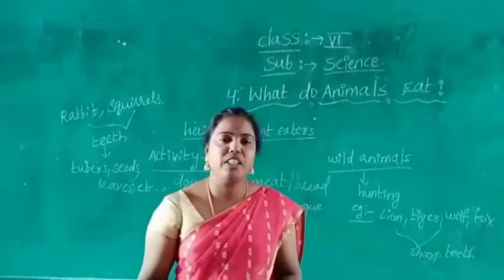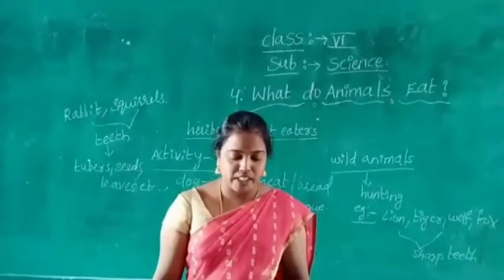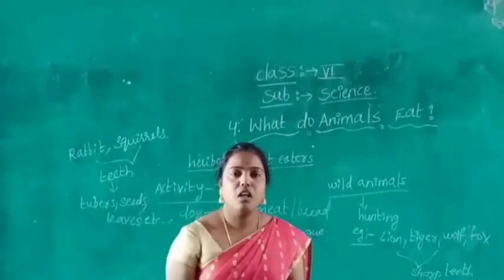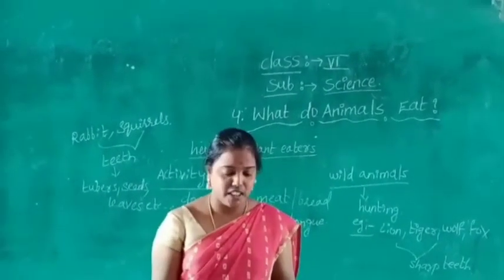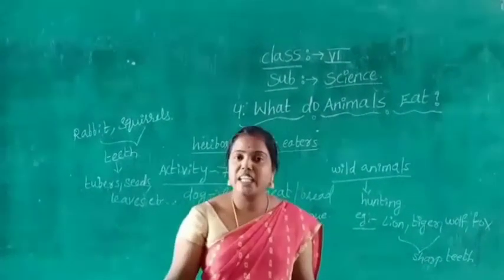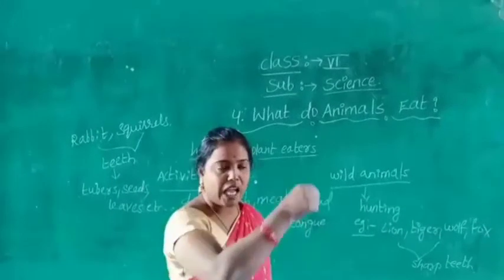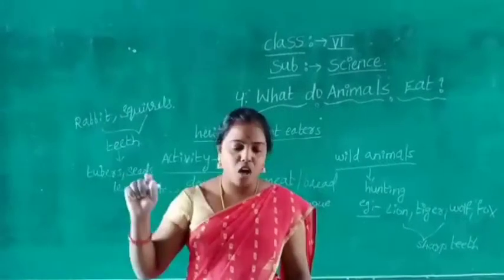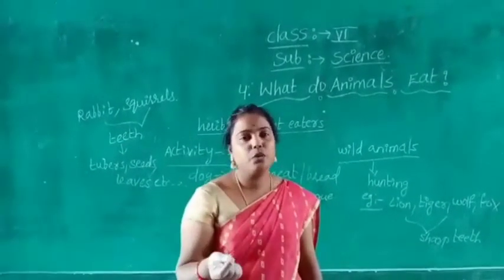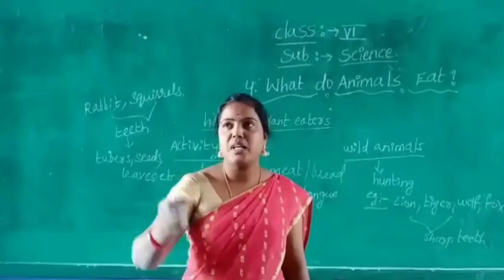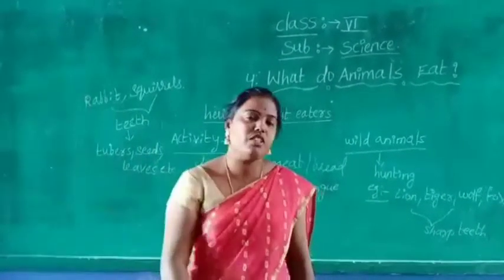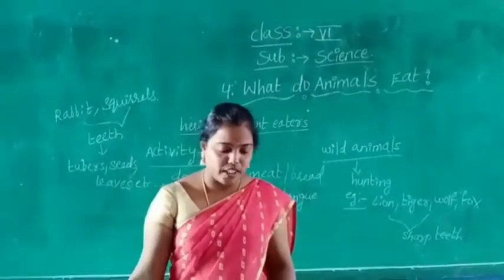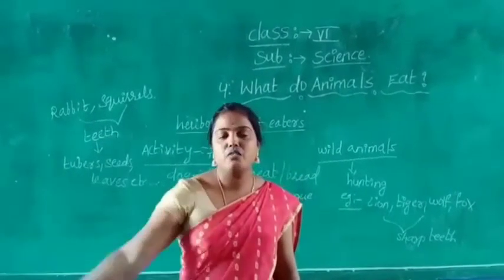Okay, children, next, activity 9. See activity 9, modes of getting food. Children, observe your surroundings; we will see many different types of animals there. First, what animals are you observing in your surroundings? You write the animal name and where it is present. For example, a lizard which is present on the walls. Second, a spider, the spider which is present in its web formed on the wall. Hen, which we observe in the garden. Butterflies flying on the flower.